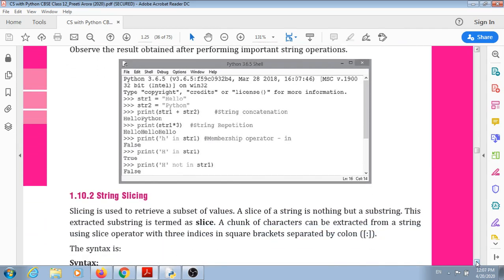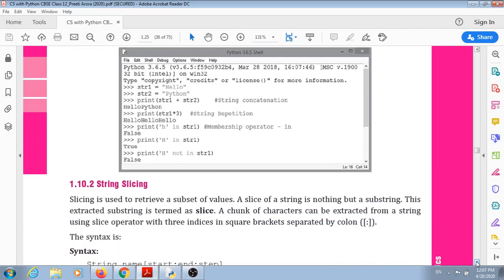Now string slices. What are string slices? Sometimes a question will be asked in the examination, what do you mean by string slicing? String slicing means we want to retrieve a subset of values or characters, just like lists. So we can access the elements using the indexes, the starting index, the ending index and the steps.